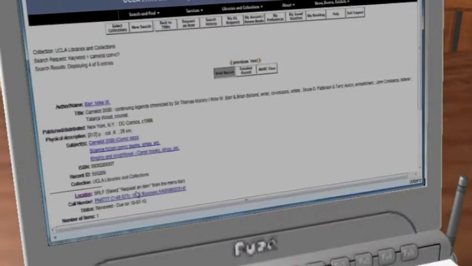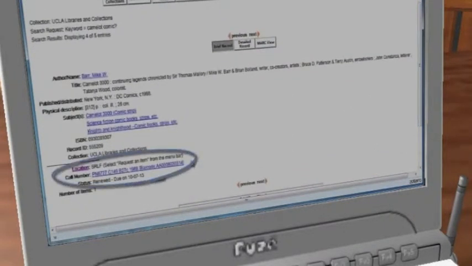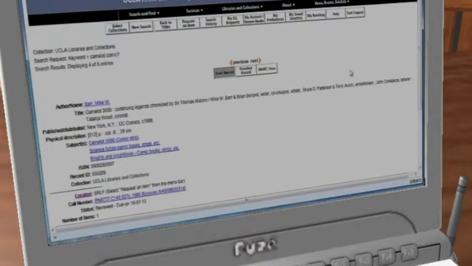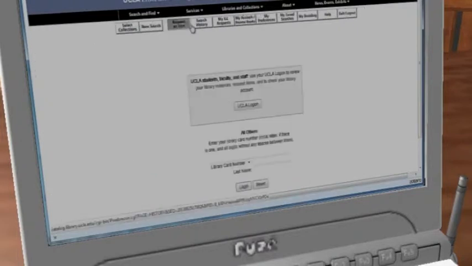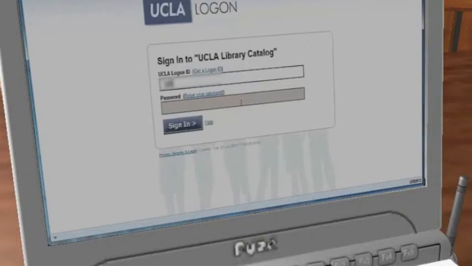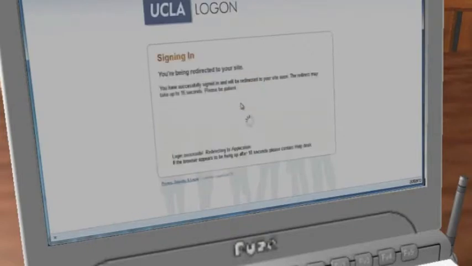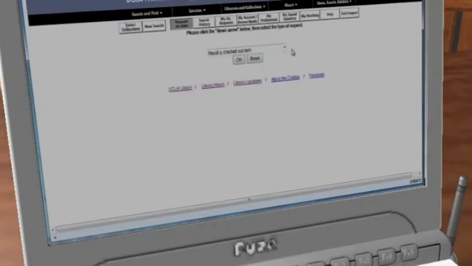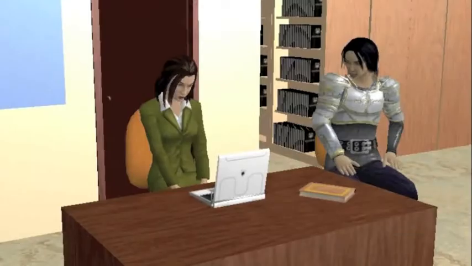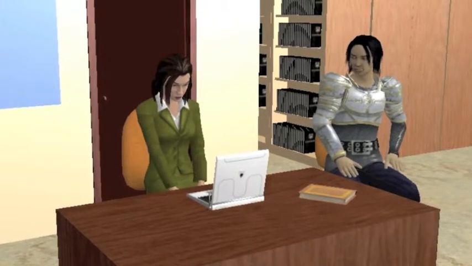And here we are, Camelot 3000, which seems to be a futuristic comic adaptation of Arthurian legend. Notice this copy is shelved in SRLF, which stands for the Southern Regional Library Facility. For SRLF books, you use the Request an Item button to page something and have it routed to one of the libraries on the delivery destination list for pickup the following working day. You also use this Request an Item button to recall an item that is currently checked out. Splendid! So it is indeed.